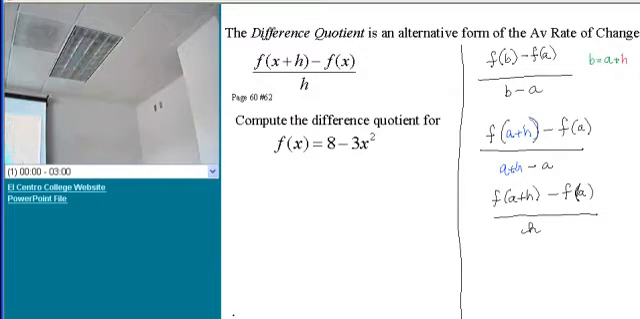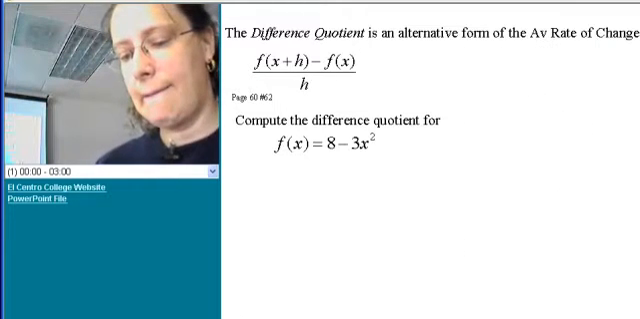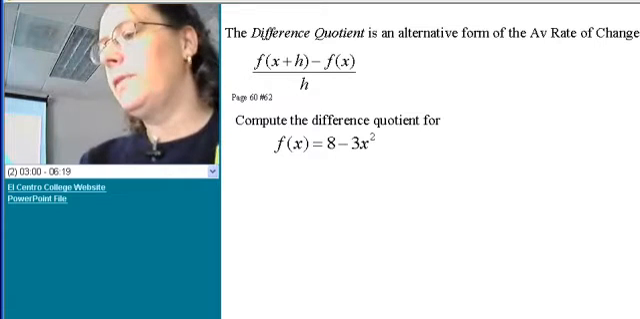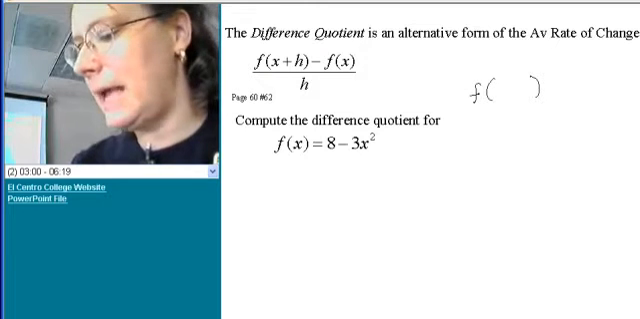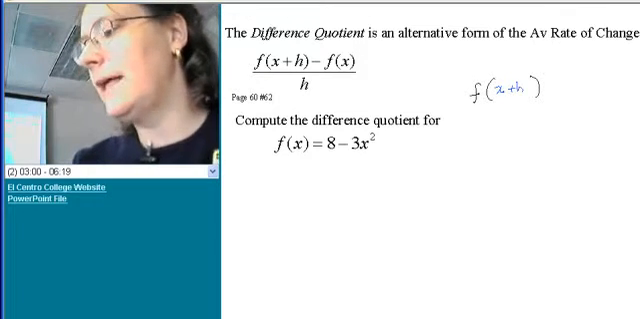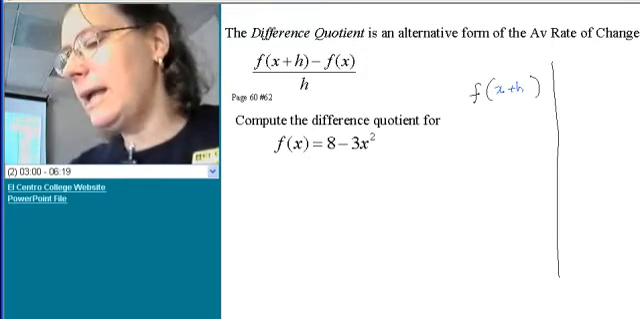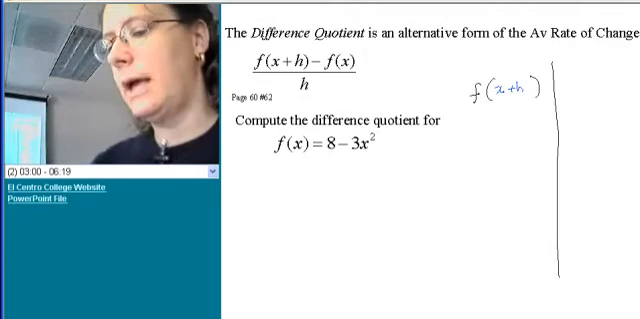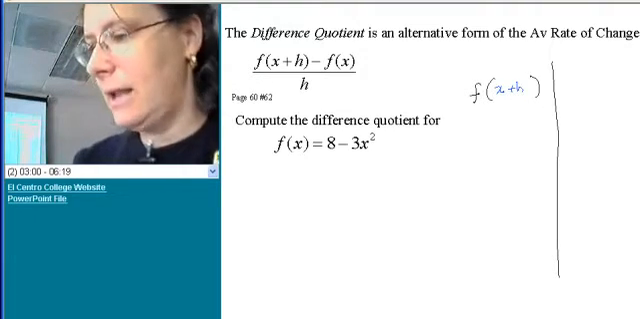So what we have to do here is go back so I can have it to work on. If we want to compute the difference quotient for this function, just to get you familiar with that, we first have to find what the function evaluated at x plus h is. That'll be an expression in terms of x and h. Then we find the function evaluated at x, divided by h. So if we take this function, 8 minus 3x squared, and we want to evaluate the function at x plus h,